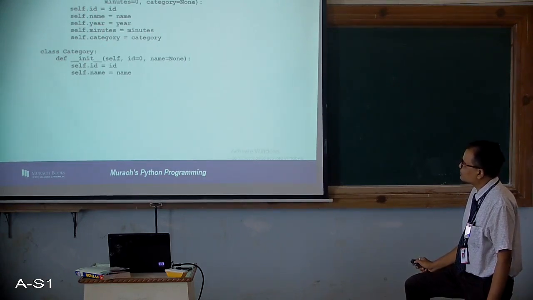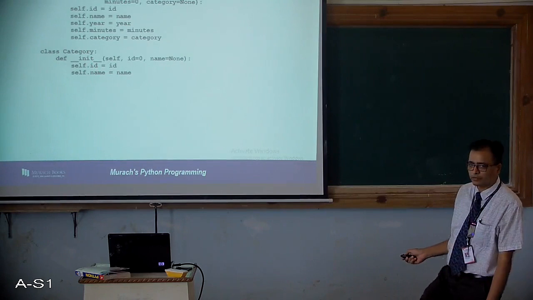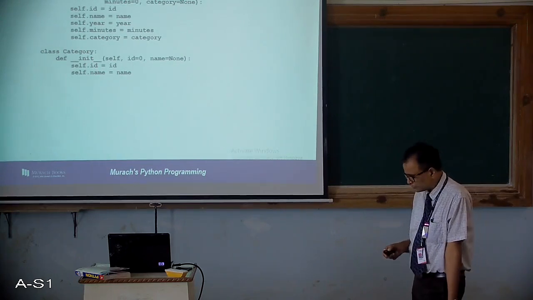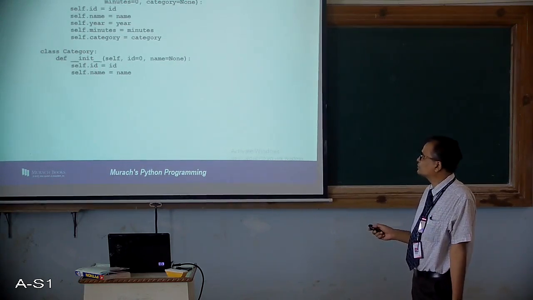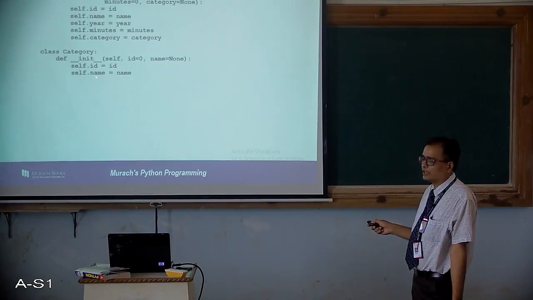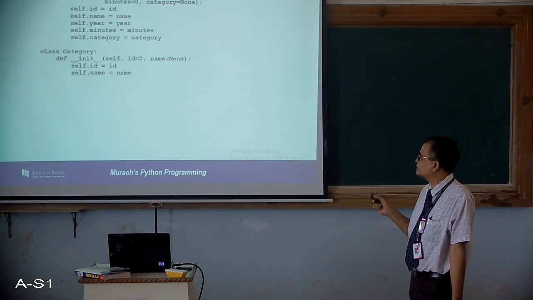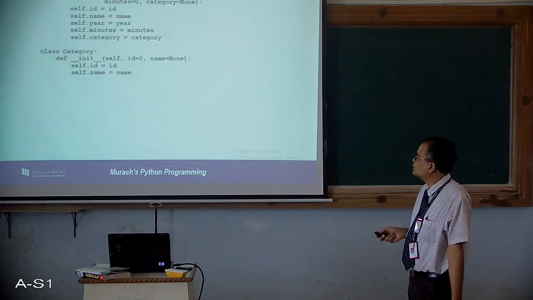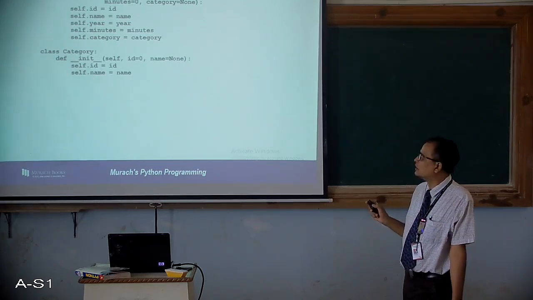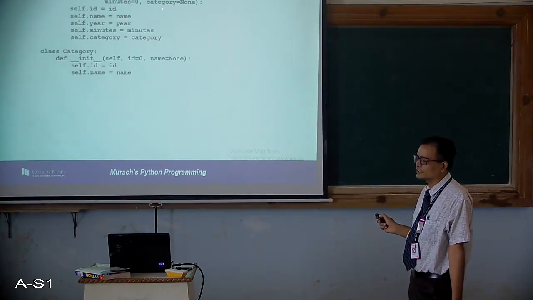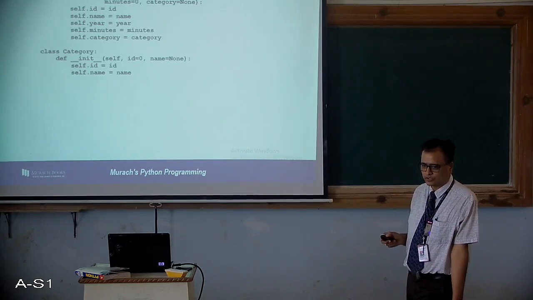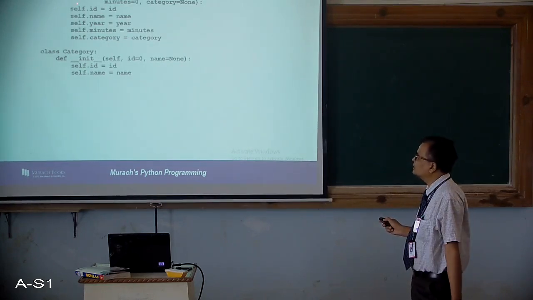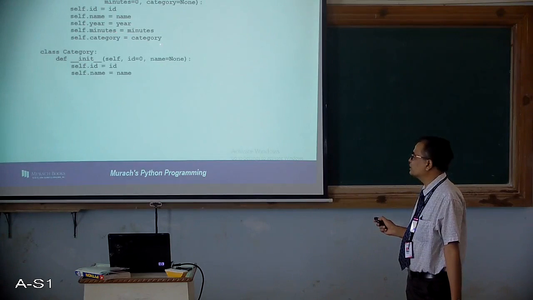In the category class we have only two members, two fields were there, so we have only two members here which are mapping with the fields of the category table. So this is for the movie table, this is for the category table. Try to understand what it does, and you should also look at the init function, how it is done. What is the init function? Init function is basically a constructor for a particular class.